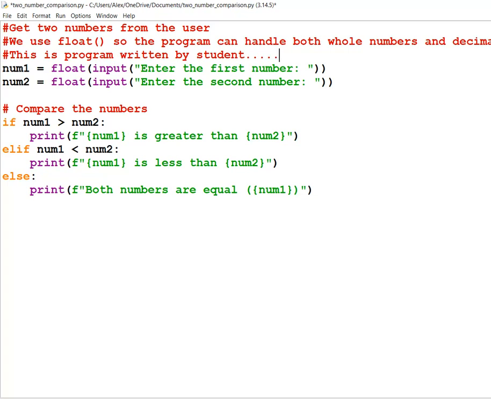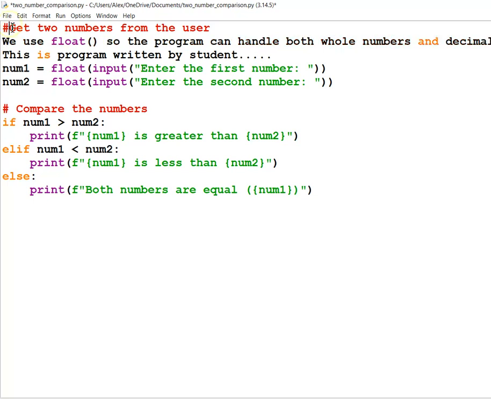But now what is that? Every time you write a remark, you have to keep remembering to put the hash. What if I want to remove this hash? What is the solution for this? Instead of using hash, we can use a single quote three times, 1, 2, 3. And then where you want to end it, you do the same again, 1, 2, 3.